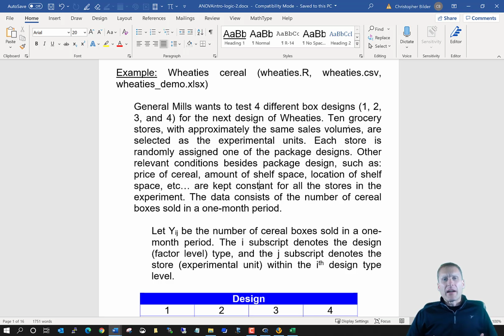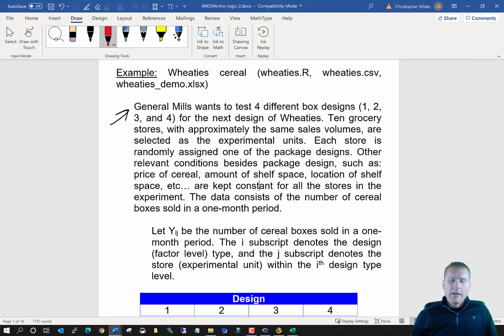And so Wheaties spends a lot of time developing the covers of their boxes. And so let's say, let me get my red pen out here. Let's say the company that makes Wheaties, General Mills, wants to test 4 new different box designs. We'll just call them design 1, 2, 3, and 4 that they want to use in general throughout all grocery stores that sell Wheaties. And to do this test, they choose 10 grocery stores with approximately the same sales volume,